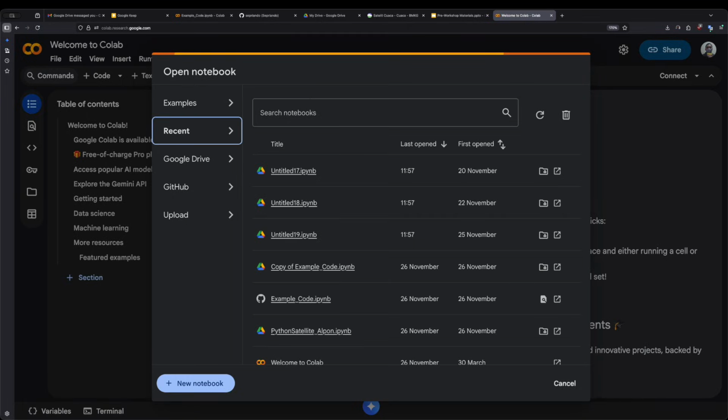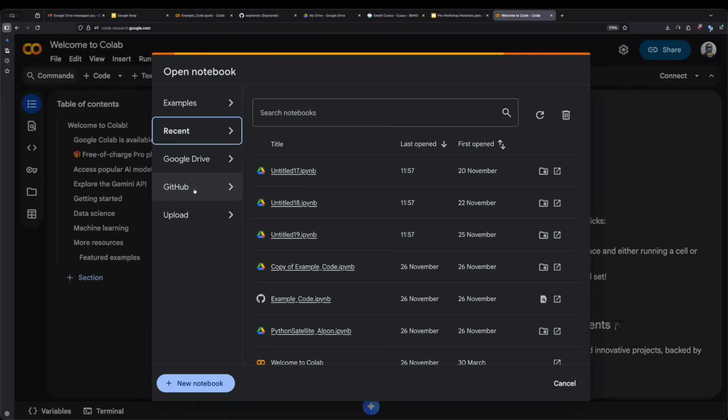Okay, open your web browser and go to colab.research.google.com. You will see a few options. New notebook, starting from a blank notebook, and upload if you already have an IPYNB file.